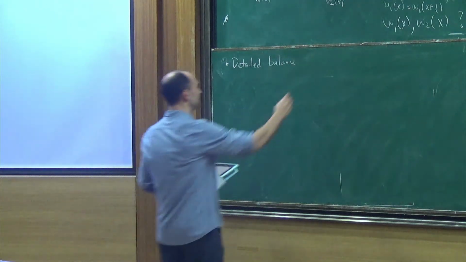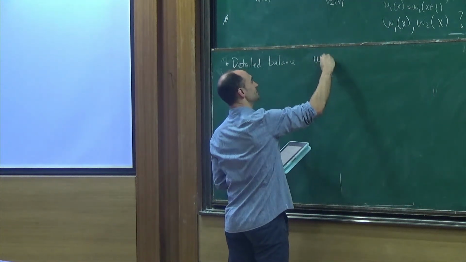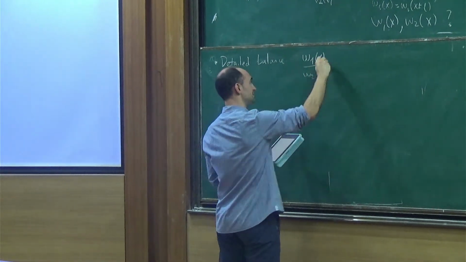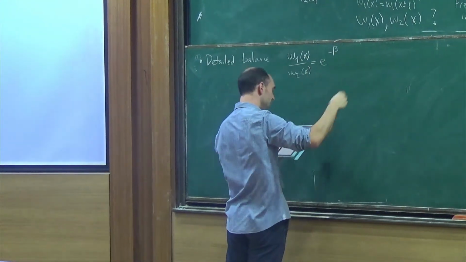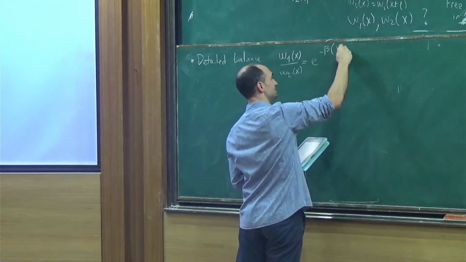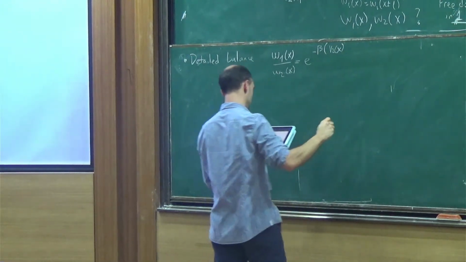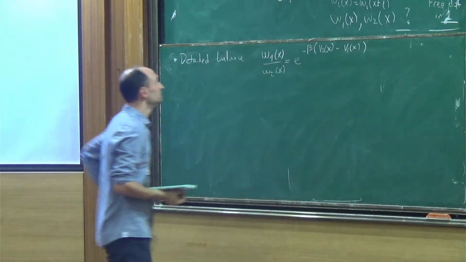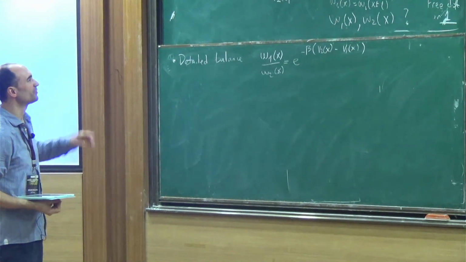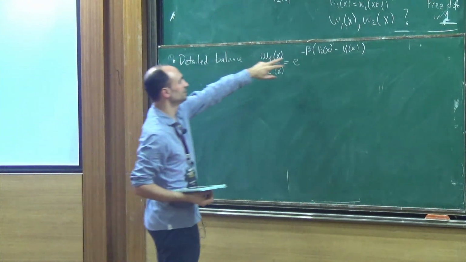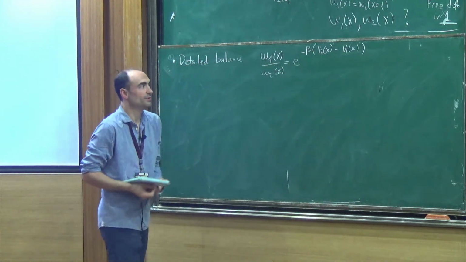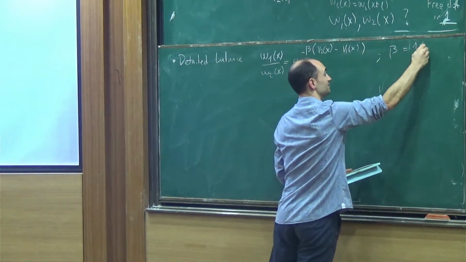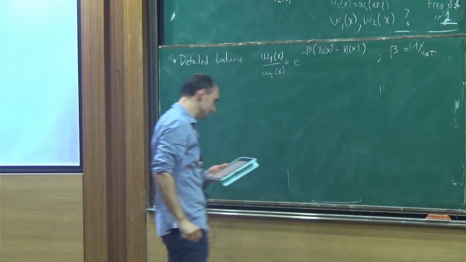So detailed balance means that omega 1 of x divided by omega 2 of x equals e to the minus beta (E2 minus E1). There's no effective temperature here, right? There's no complicated things. See that omega 1 is the transition rate from 1 to 2. Okay? Beta, remember, we are in an isothermal environment, so beta is 1 over kBT. If you assume detailed balance,